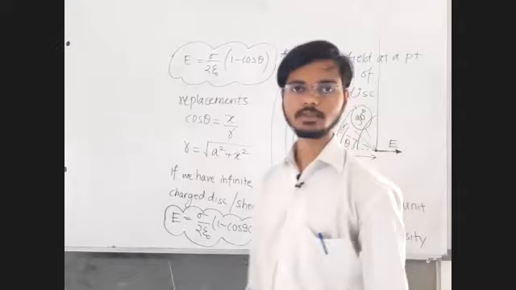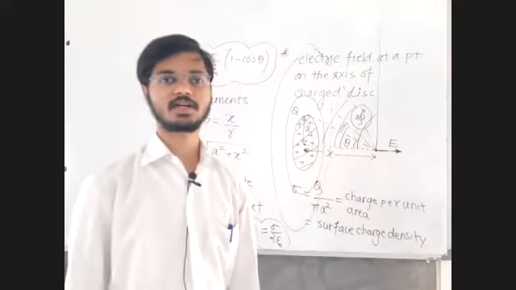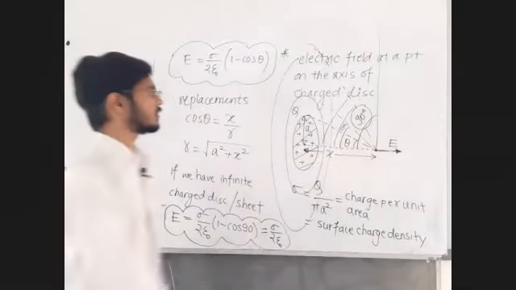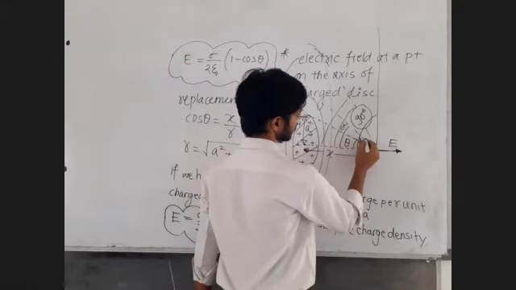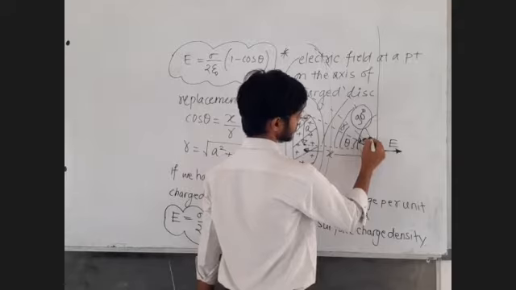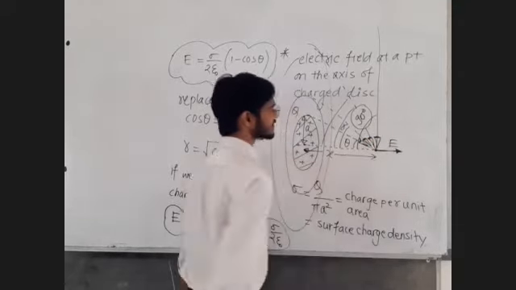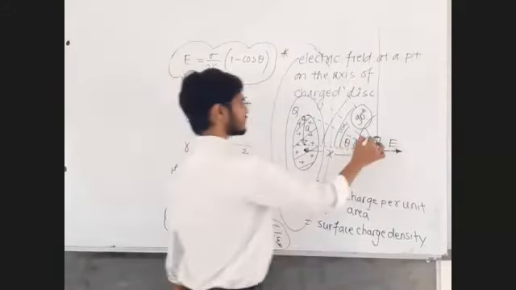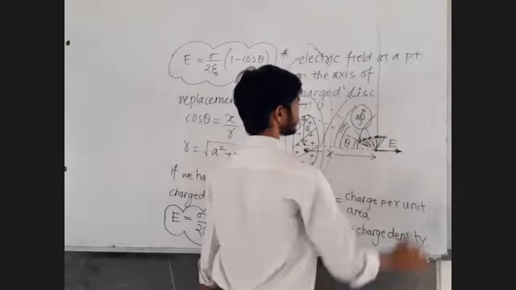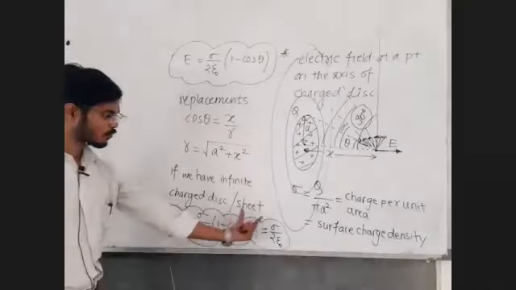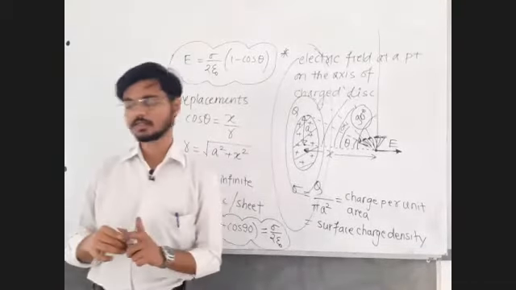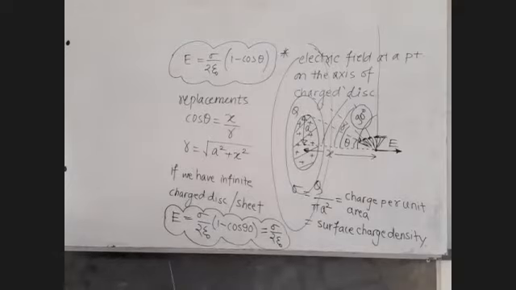It's like imagining your neck seeing an infinite building. Exactly. You are here. Initially you can point your eye like this, now like this, now like this, and ultimately like this. So the angle becomes 90, cos 90 is 0, and the formula is sigma upon 2 epsilon 0. All the variations of this disk question are covered, the formula and the infinite disk. Okay sir, next.